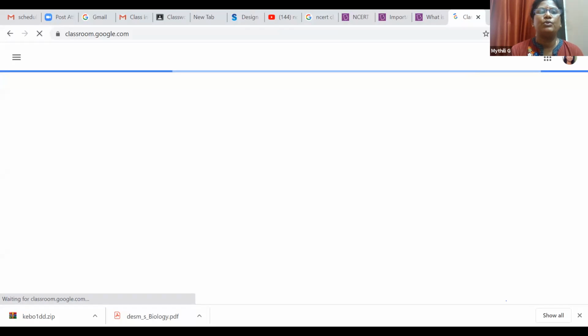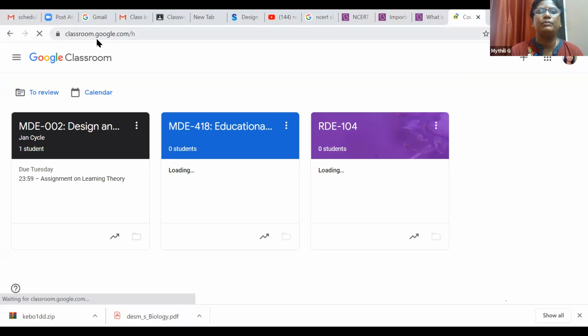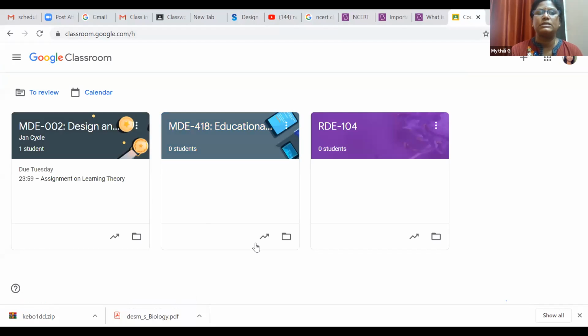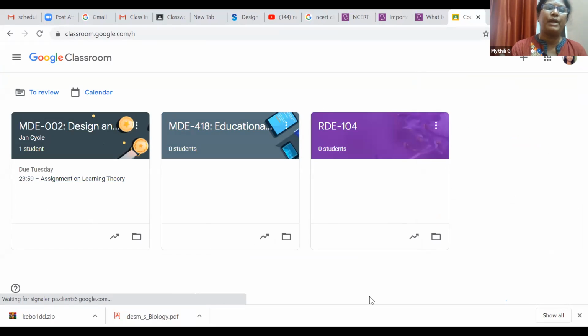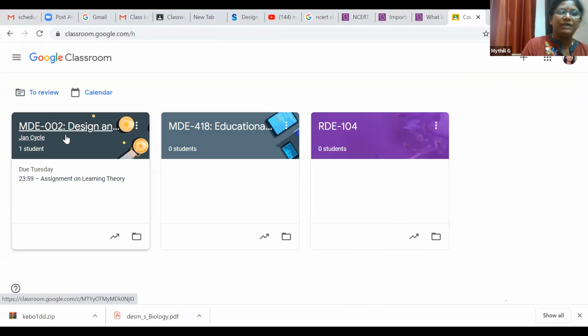Okay, so you can see this, googleclassroom.com. These are the classes with me. I have this class and this, but we are not using this Google Classroom in my Gmail account. This is a Gmail account, but I have a classroom at the IGNOU mail. We are using different platforms, so we are not regularly using this one. But I will explain how we can go about it.